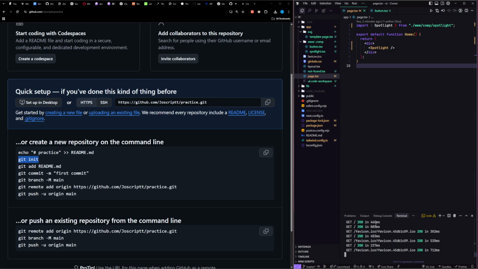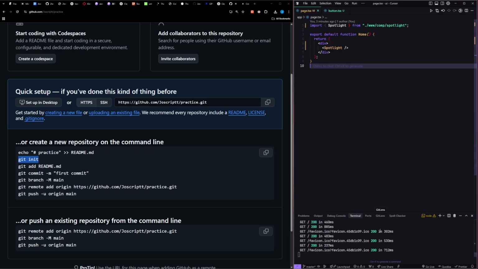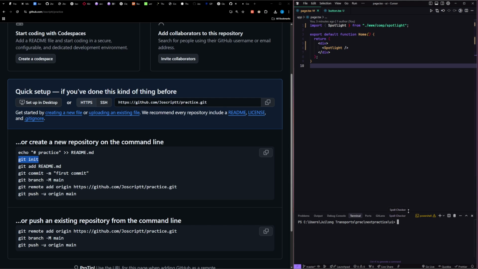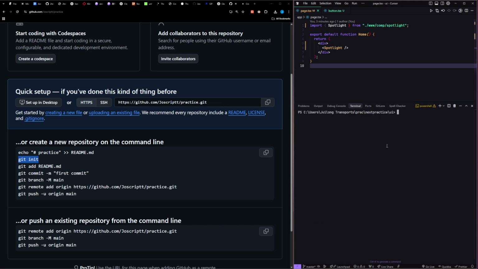Right here I'm going to cancel my running terminal. Okay, so I'm just going to clear that out. Right here you can paste in this code, git init, and then you can see it says reinitialized existing repository. Just in case it says something like this, the first thing that should come to your mind is